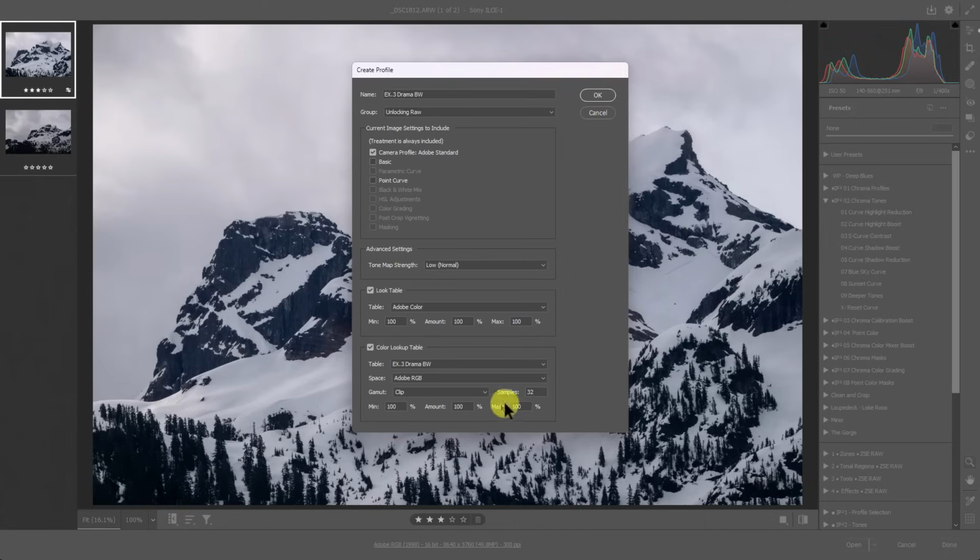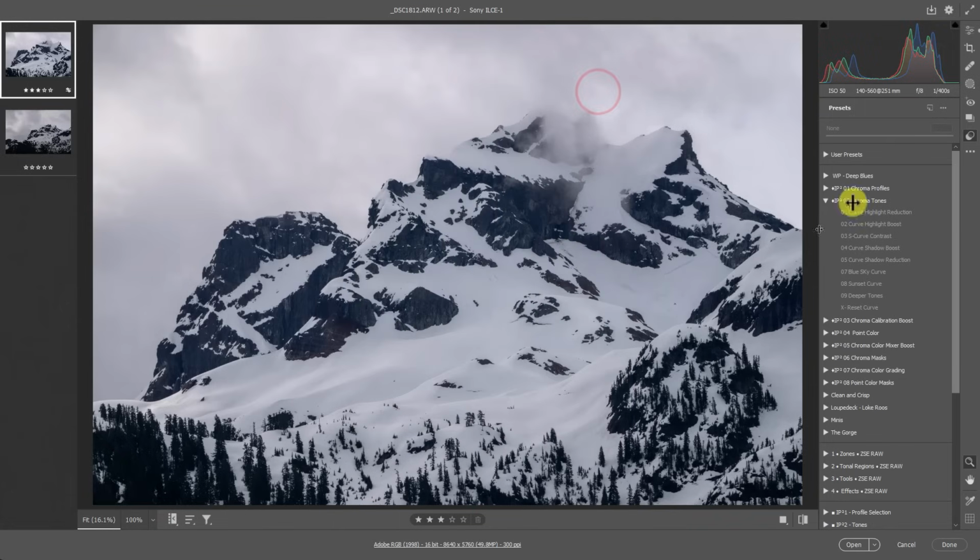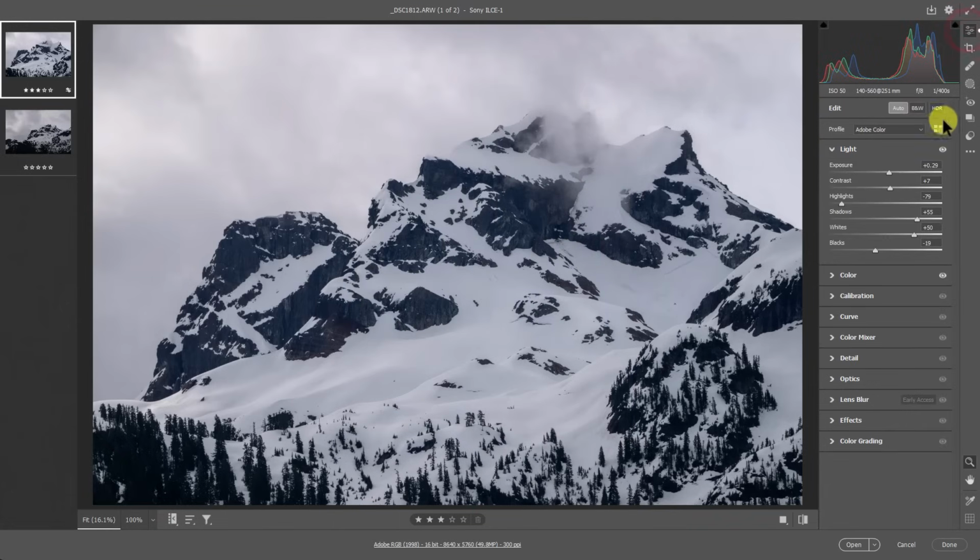But we don't want to use a slider on this, because if we do, what could end up happening is it'll incorporate color into the image, and I don't really like that. Now, there's also this other way where you can make this maybe 50%, where when you move it to the left, it will make it a little washed out. So that could be a cool look that you like too. So we'll press OK, leave that at 50%, and then we'll go over to our